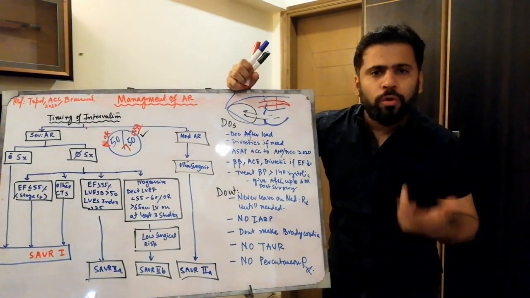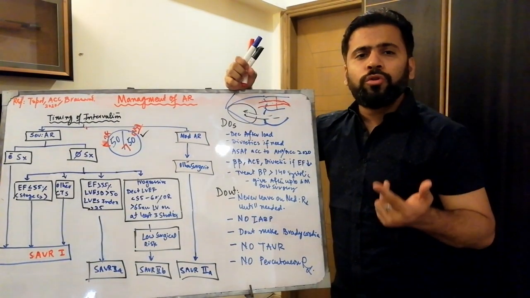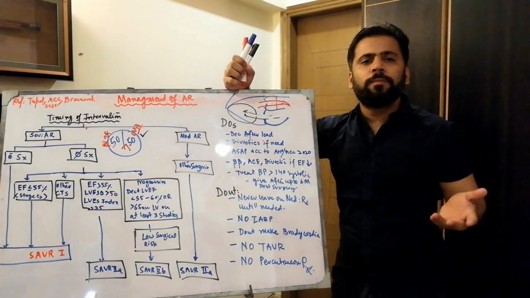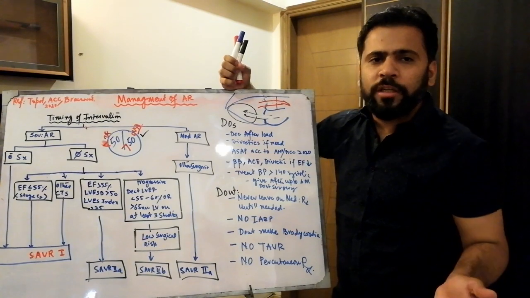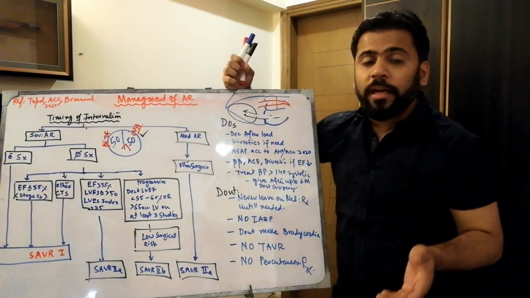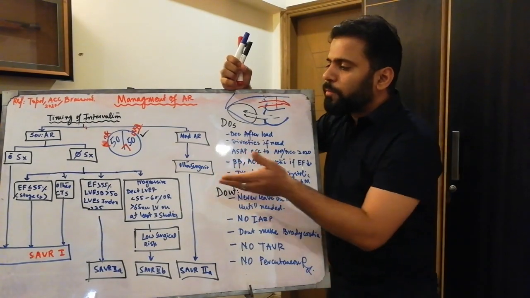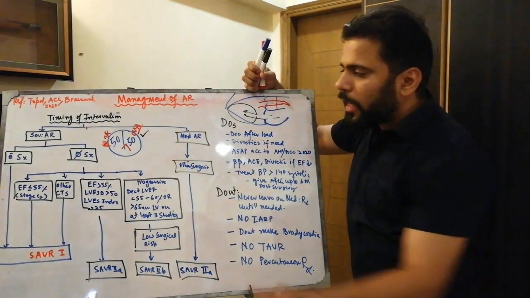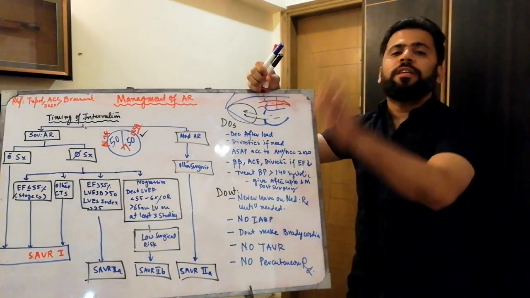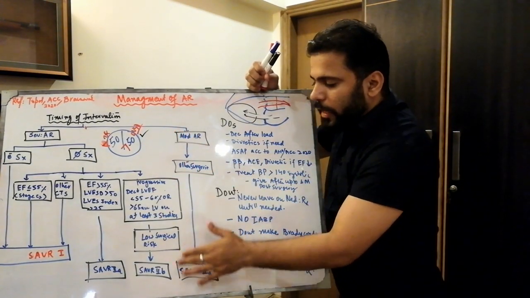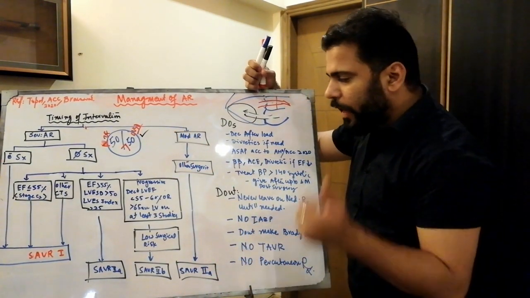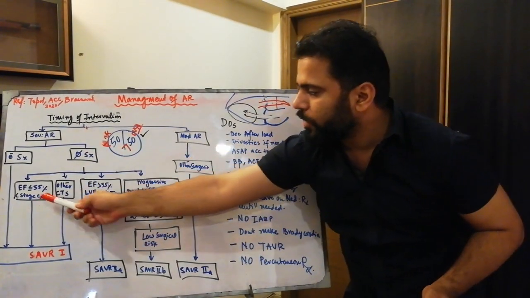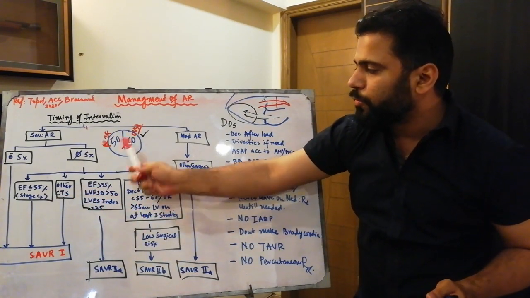Now the problem is with the asymptomatic, because in most of the exams examiners do not ask you about the symptomatic AR, because everybody knows that whenever the symptoms come, you need to treat the patient. When to treat in the asymptomatic is an art of cardiology. So in an asymptomatic patient, as I told you, if the ejection fraction is less than 50, you need to treat it as class 1, and if the LV systolic dimension is more than 50, then again you have to treat it as class 2A. So this section has been covered with this 50 ejection fraction, and this section also has been covered with this 50.